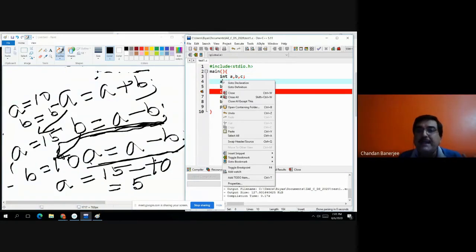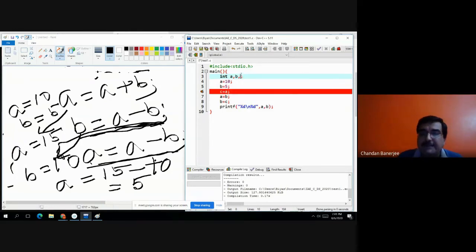So without using third variable, look, right hand side, a comma b, a 10, b 5. Just look at the right hand side. a equals to a plus b. Next line, b equals to a minus b.